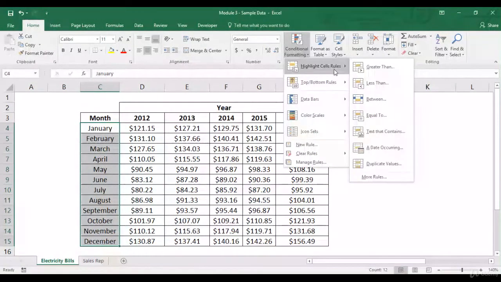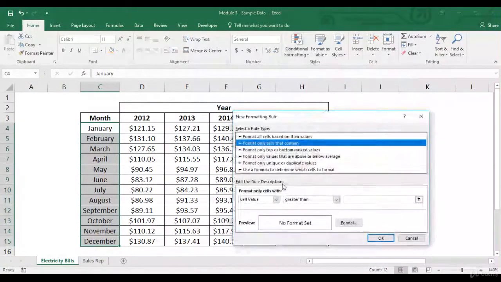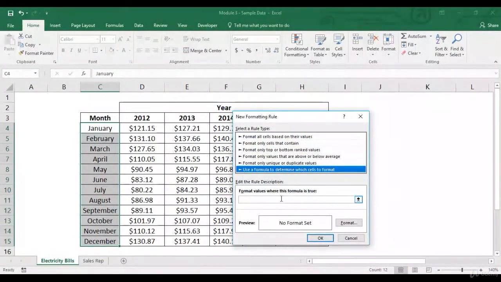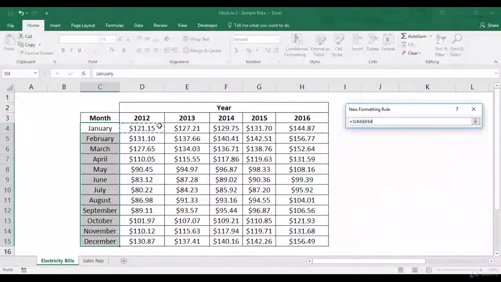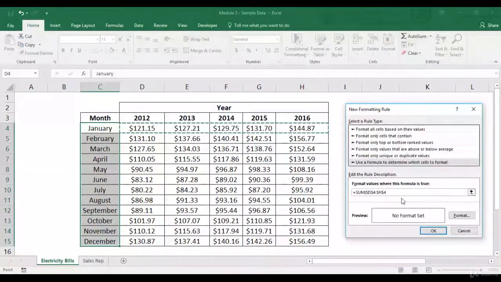I go to conditional formatting, more rules, use a formula, is equal to sum for these cells. Do an F4, is greater than 500.